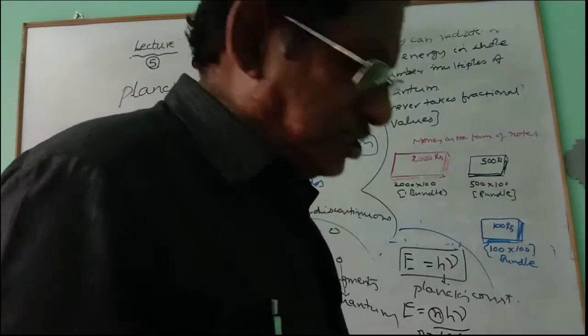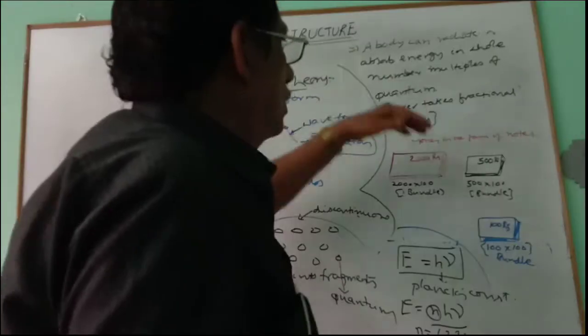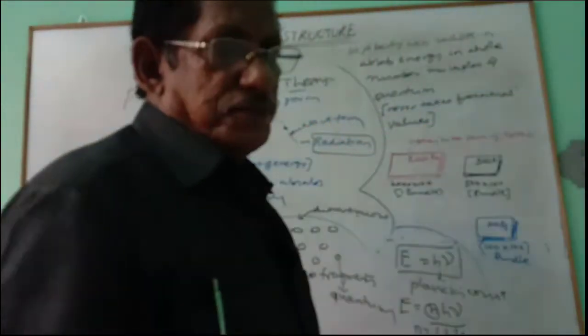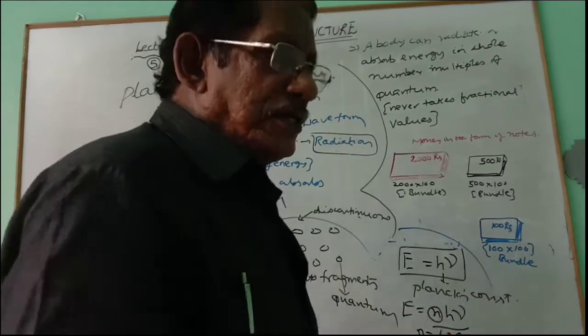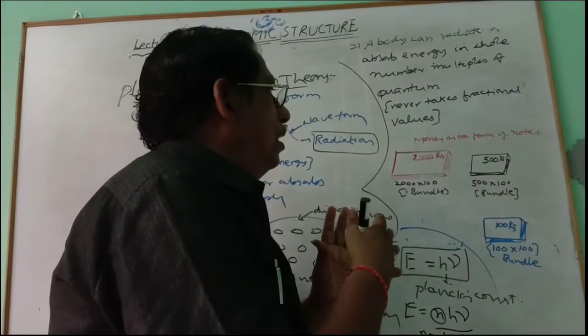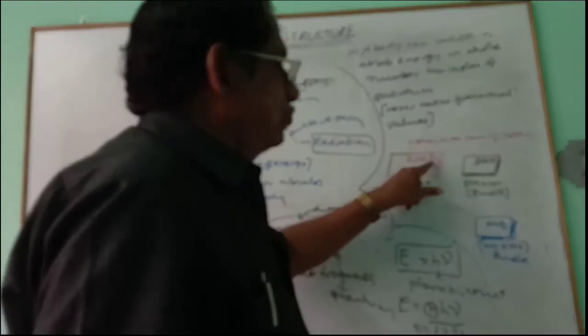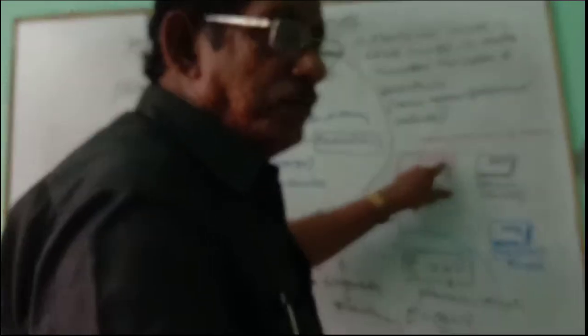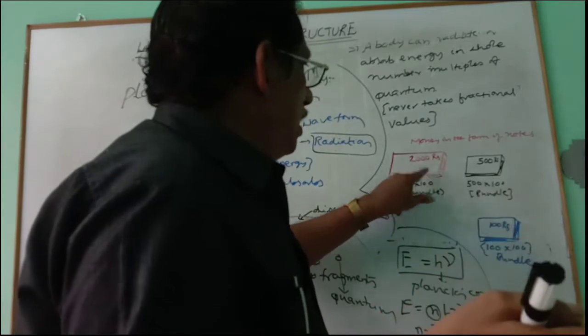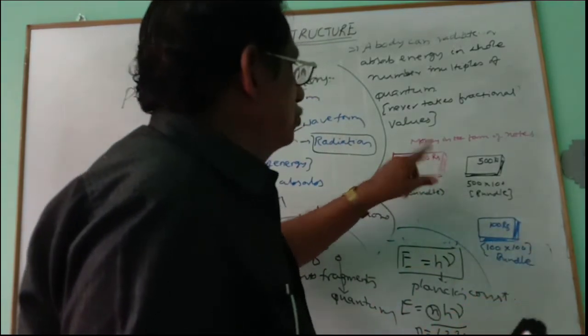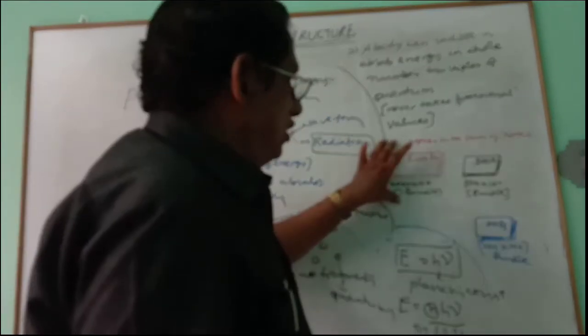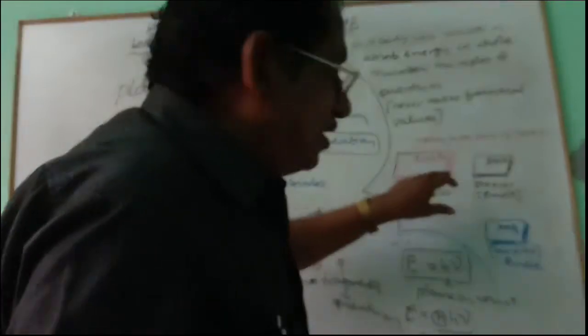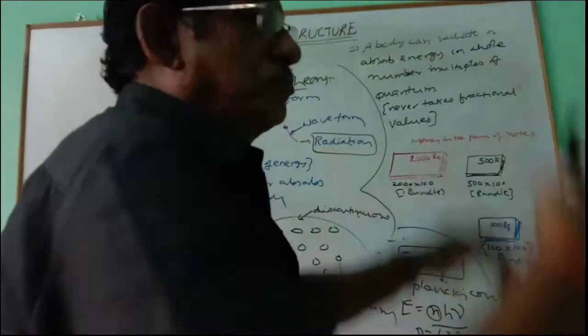How to understand this? Just one simple example. You brought money from a bank. Different notes are given. One bundle is carrying 2000 rupees notes. One bundle will have 100 notes, and each note value is equal to 2000 rupees. This is one bundle. And here, quantum value is equal to 2000 rupees. One quantum value is equal to 2000 rupees. And frequency is more there.